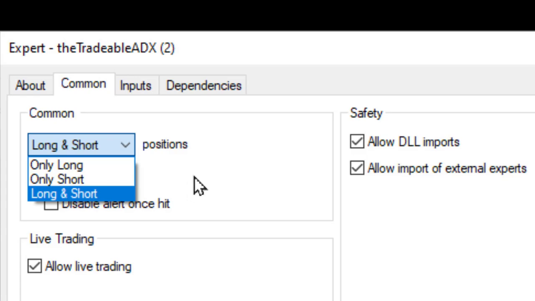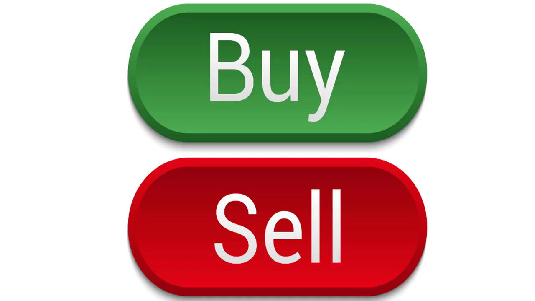time, use this tab. Now just a note here that if your EA specifically has settings in its settings section that allow you to decide whether you want to buy or sell, or buy and sell at the same time, rather use the input settings for that decision. Only use the comment tab if your EA does not allow you to select buy only or sell only in